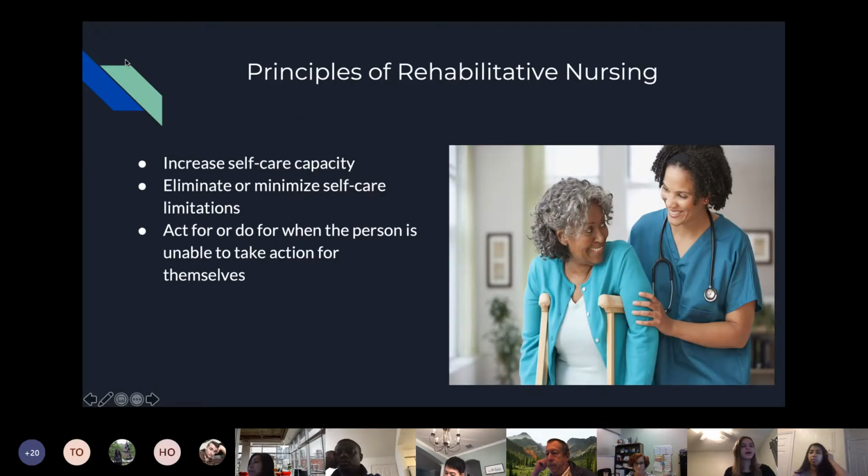And then we also have 3 principles of rehabilitative nursing. They include increasing self-care capacity, eliminating or minimizing self-care limitations, and acting for or doing for when the person is unable to take action for themselves. So for the first one, increasing self-care capacity, that means just to increase the ability for the patient to care